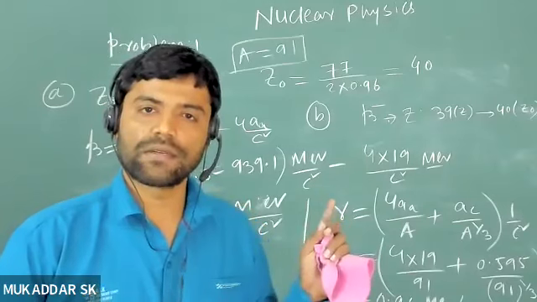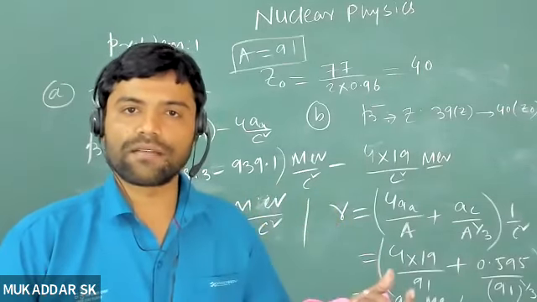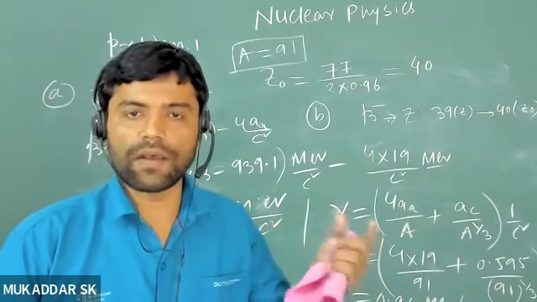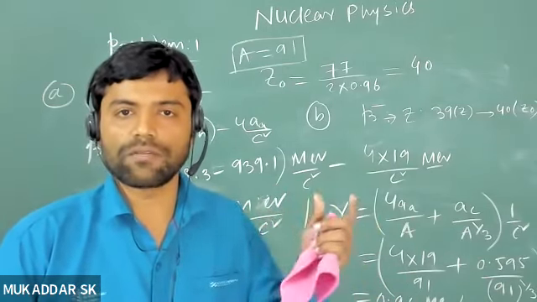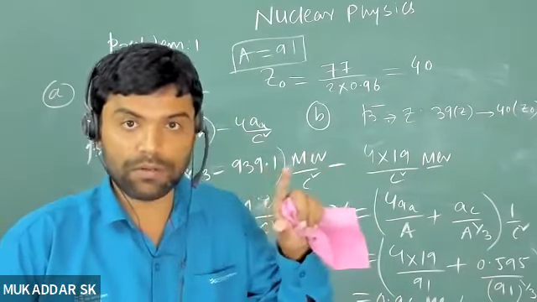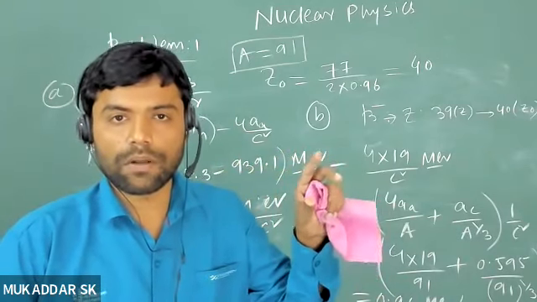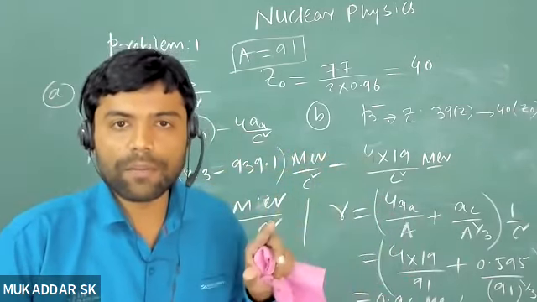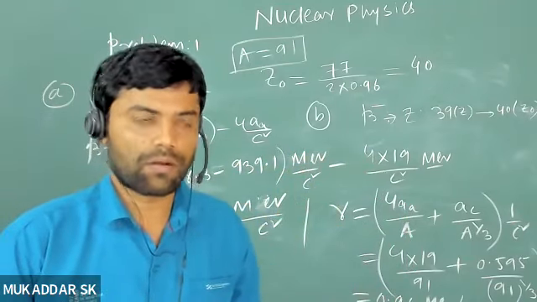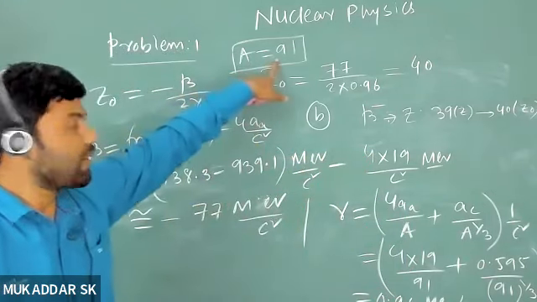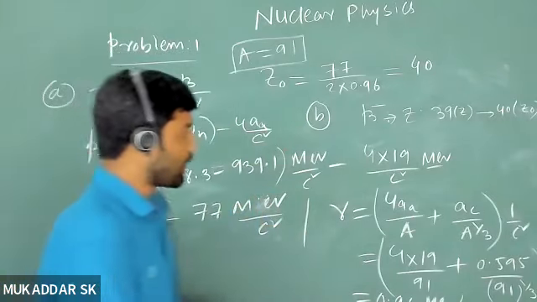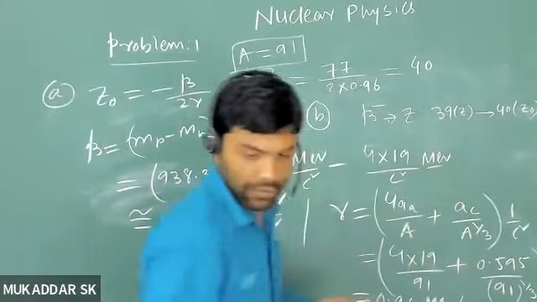मतलब पहले वाला डिस्कशन है, यहाँ पे एक ही पैराबोला रहेगा। सो +2 डेल्टा, -2 डेल्टा का कोई सिनारियो नहीं है। +2 डेल्टा प्राइम और -2 डेल्टा प्राइम कहाँ पे आती है? जब आपका इवन मास पैराबोला होता है, 2 मास पैराबोला और वहां पे बीटा डीके होती है, देन यू विल हैव ए +2 डेल्टा प्राइम और -2 डेल्टा प्राइम फैक्टर। बट यहाँ से पता चल रहा है आपका ये ऑड मास नंबर के लिए है, जहाँ पे आपका सिंगल पैराबोला है। तो वहां पे जो आपका Q बीटा का जो फॉर्मूला है,